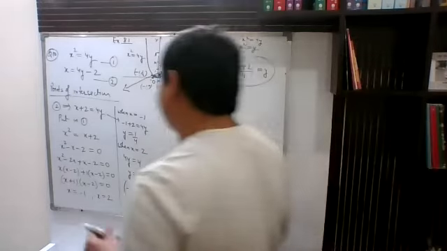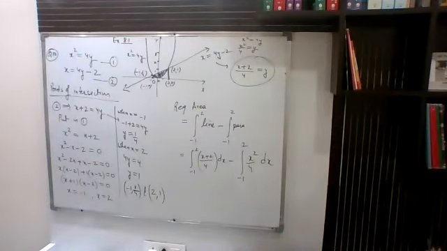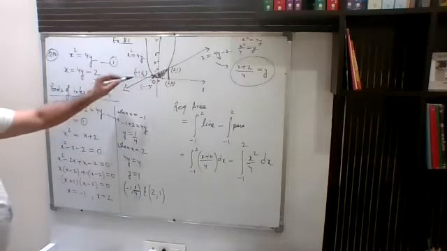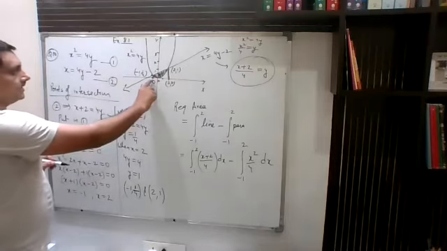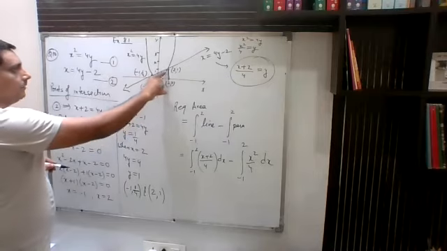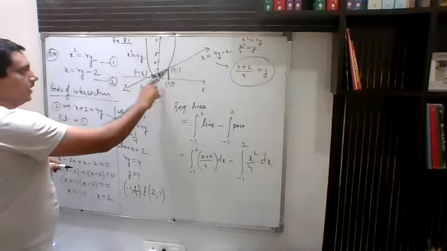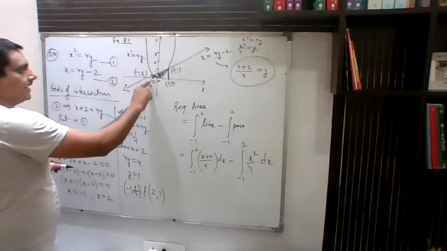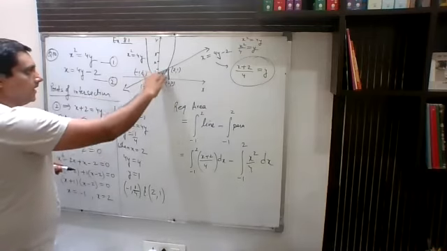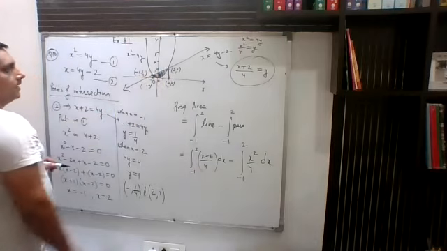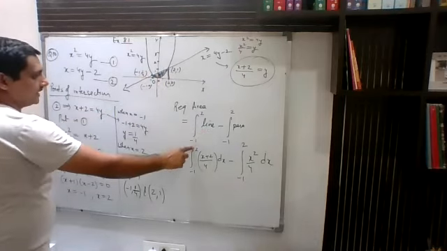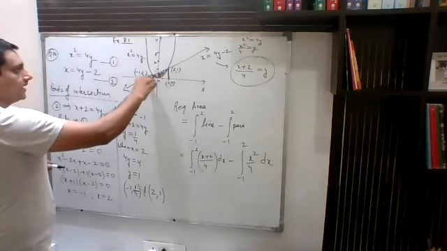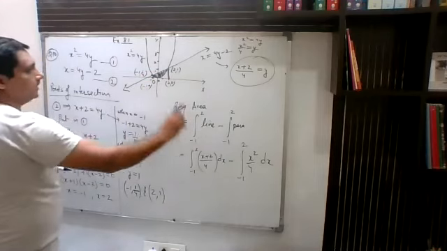Let me explain this once again. We want to find this required area, this bounded area. You can see that this is -1 and this one is 2. So the movement of the line is from -1 to 2 and the movement of the parabola is also from -1 to 2. When you integrate this line from -1 to 2, you will get this whole area till the x-axis. Right? That is the meaning of this -1 to 2 line. Now obviously you are getting something extra, so you have to delete that area.